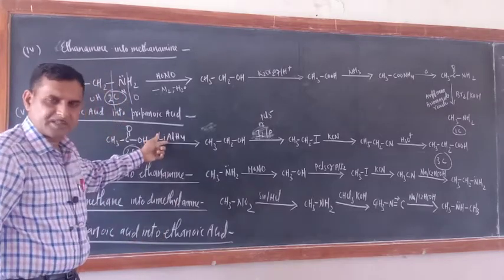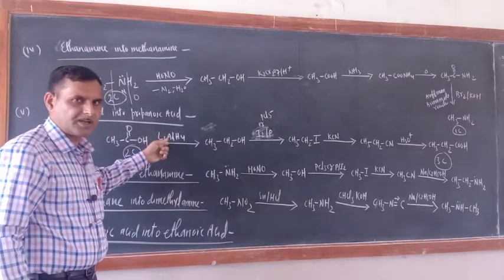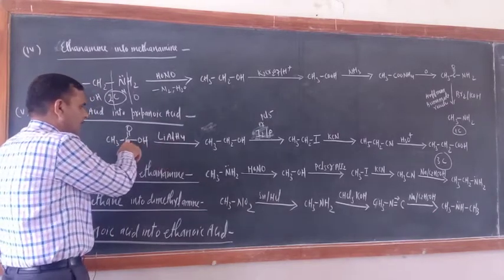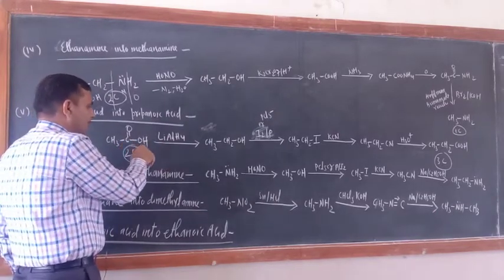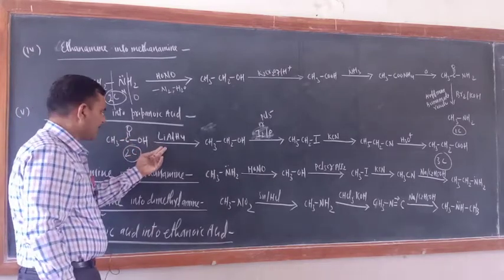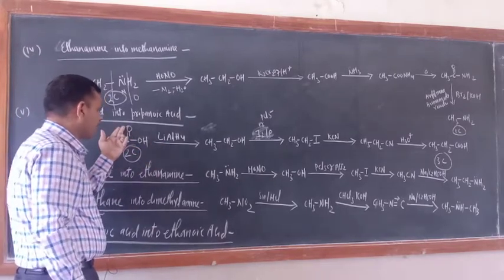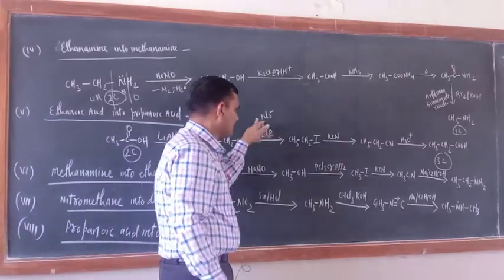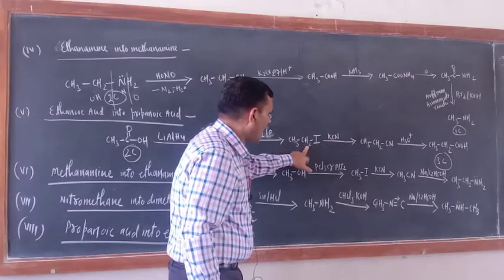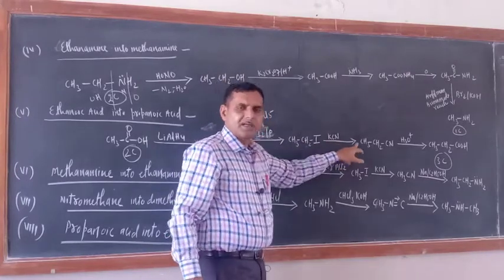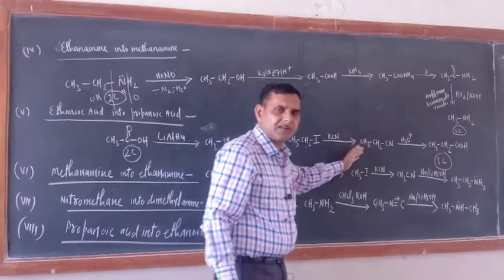Okay, so I subjected it to reduction with the help of lithium aluminium hydride. So it will furnish the nascent hydrogen. Now CH2OH. Okay, now actually 4H is required here. So 2H here and 2H here. So minus H2O. You have got this one. Now reaction with PCl5 or this one, so iodide. Now react with KCN. Now KCN you have got, so cyanide will be the product.